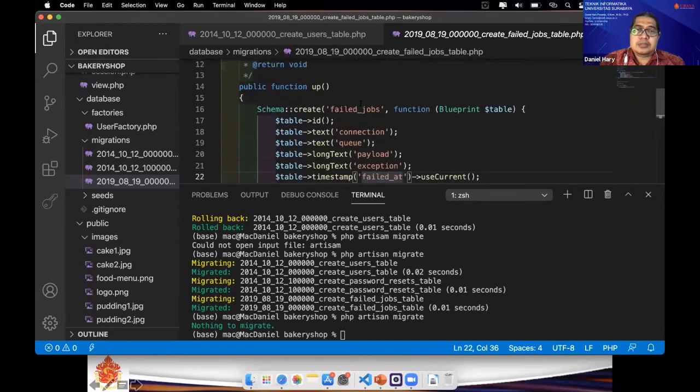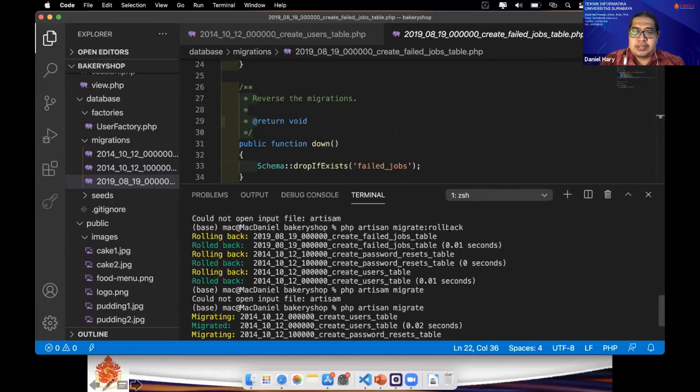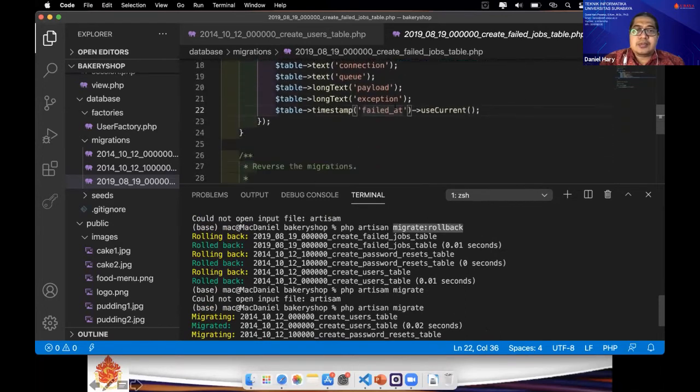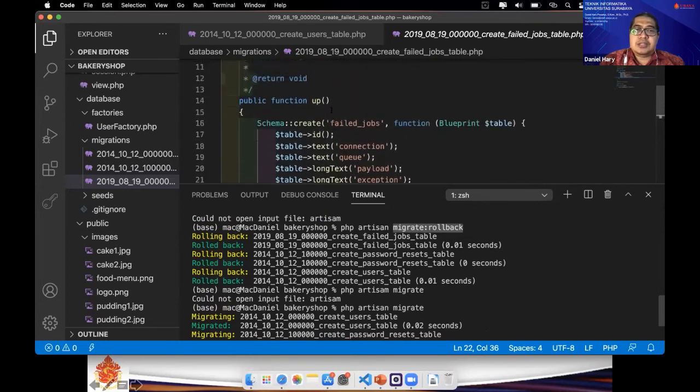Up will be executed when we call php artisan migrate, and down will be executed when we call php artisan migrate:rollback. So this one will be the reverse of the function in up.